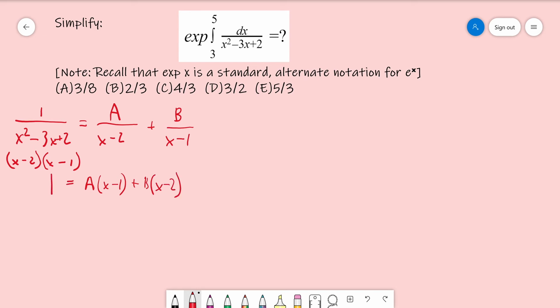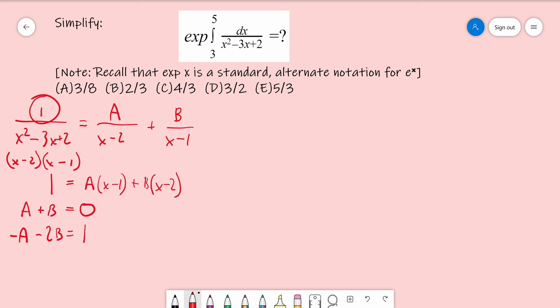And that's going to have to equal 1, that one right there. And notice that this one has no x's. That means that if we collect all the x's on the right side, we'll have a plus b times x. That's going to have to equal 0 because there's no x's on the other side. And then if we collect all the constants, we'll have negative a minus 2b